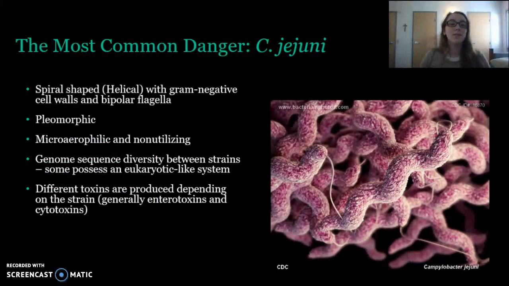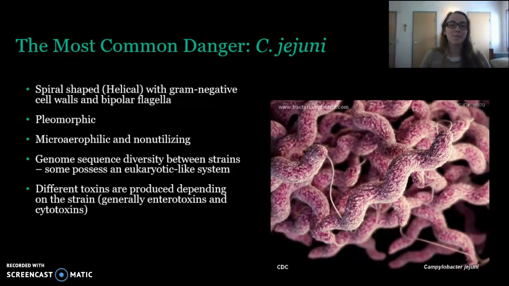So C. jejuni is a spiral-shaped gram-negative bacteria with bipolar flagella. The flagella allows it to be extremely motile inside of its environment, which is generally the gut. It's also pleomorphic, meaning that when the environment changes to be less suitable to the bacteria, it'll change its body structure, going from helical shape to a coccoidal shape. In general, this occurs when the oxygen levels in the environment shift. So it is a microaerophilic bacterium, and when there's too much oxygen, the environment no longer is as